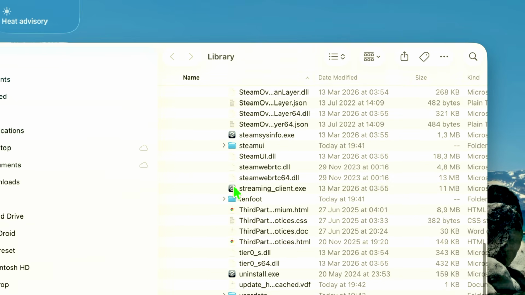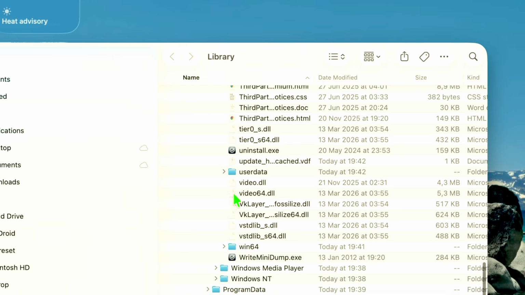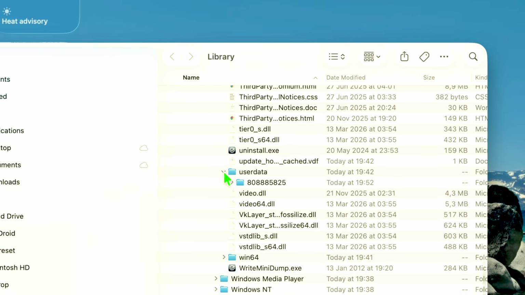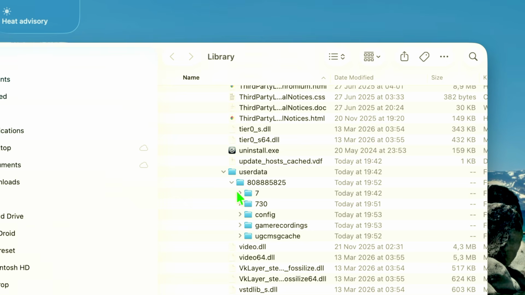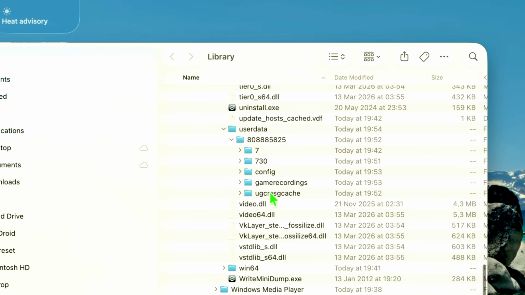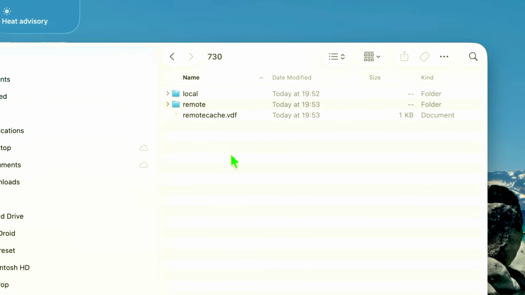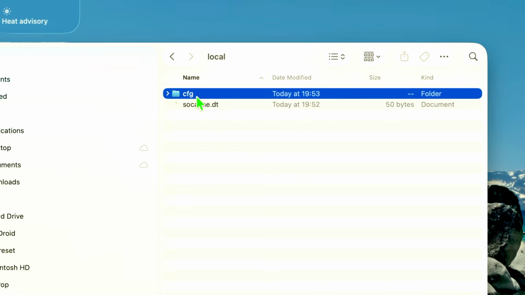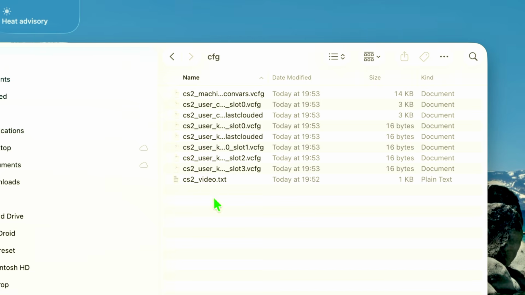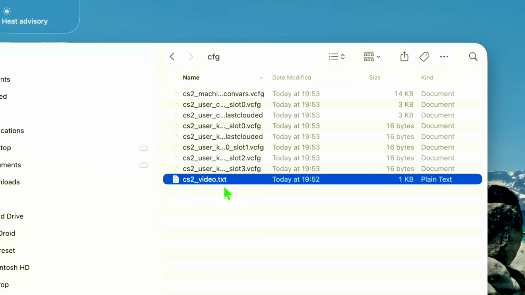Expand Steam folder in here, and then here in this Steam folder, let's scroll down to user data, then let's open user data, and let's open the following folder that we find here, which is 8888 something. Then let's open 73 folder in here, and then we're gonna have to select local, CFG,